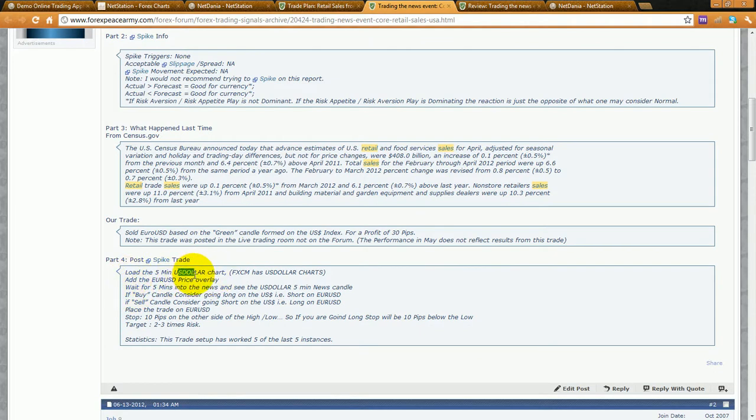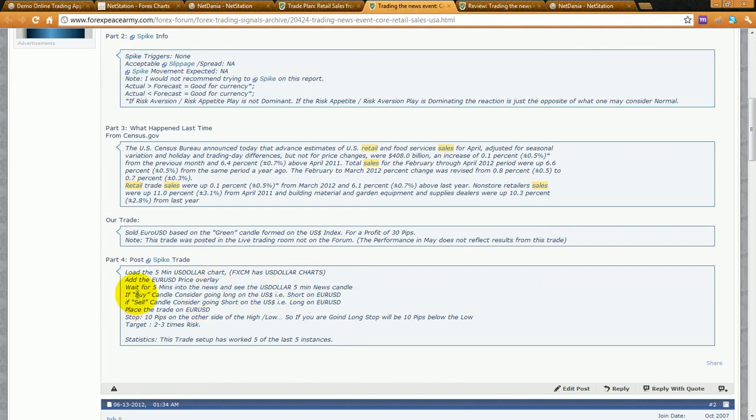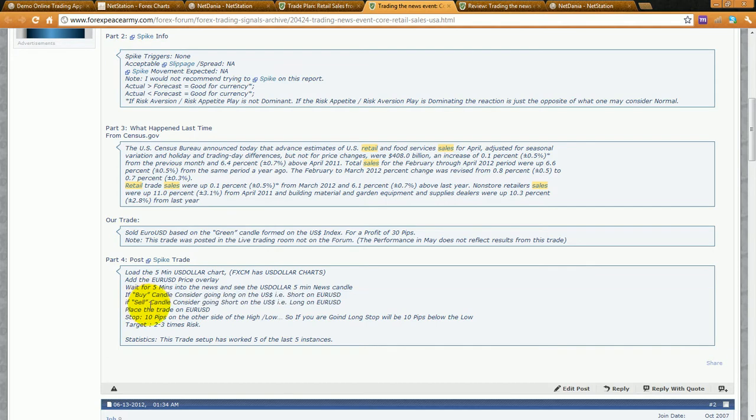Now, the trading plan which I personally had created was that I'd be looking at the 5 minute US dollar chart. I'll add the Euro USD price overlay. I'll wait for 5 minutes into the news and see the 5 minute news candle. If I have a buy candle, I'd consider going long, that is short on the Euro USD. If I have a sell candle, I'll consider going short on the US dollar, that is long on the Euro USD. So that was my own trading plan, and let us see